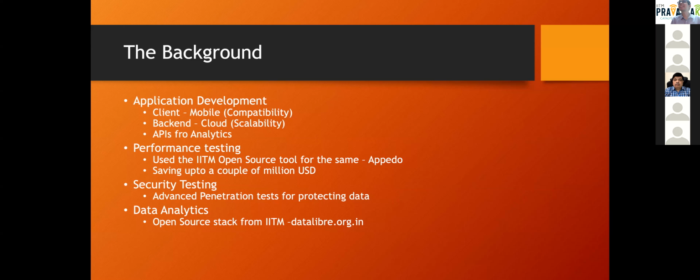And then there is the data analytics, which was done in the background, and that is the datalibre.org.in. This is also an open source stack from IIT Madras, currently maintained, and you will be using this stack as a part of your education. And these are commercial grade open source stacks, right? This has been installed in commercial organizations, working very well. So if some of you start working on it, then you can have your own startup with these tools, right? And it comes license free. And IIT Madras is maintaining it for quite some time, and we will continue to maintain. And over a period of time, you will also start maintaining it your own self. So this is a very good way by which you could start your entrepreneurship journey.